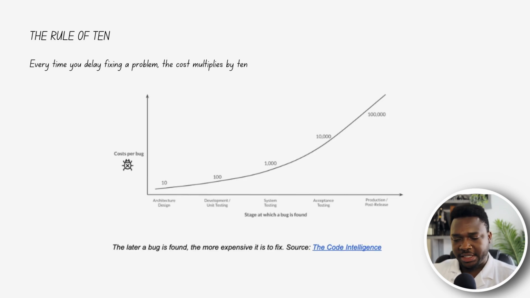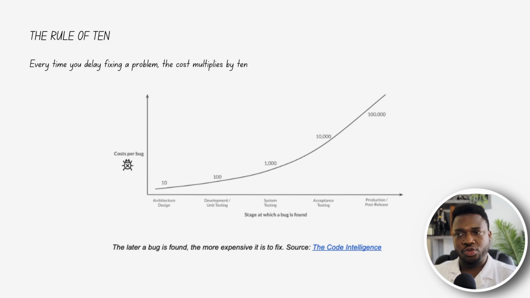So a classical example, let's say you catch a bad value or a missing value in the planning or architecture stage. Maybe it was going to cost like $10 to fix. A quick meeting, a code tweak, a note, or even just meeting somebody over lunch to say, look at this problem, could I just fix that? But if you miss that, and you don't catch it until development or systems testing, the cost goes up to fix. And let's say it's going to be about $100 or even $1,000 or more.